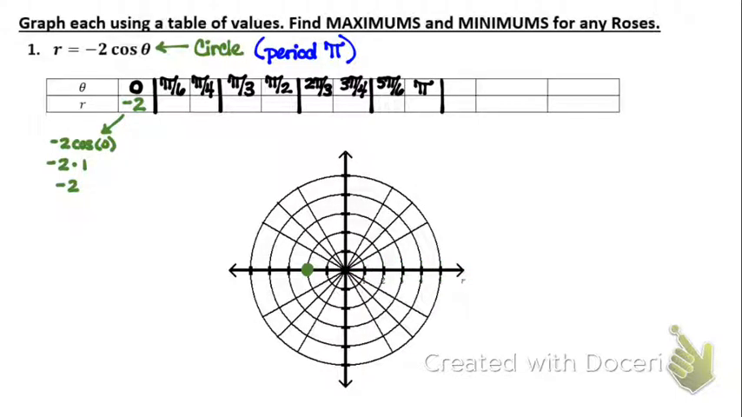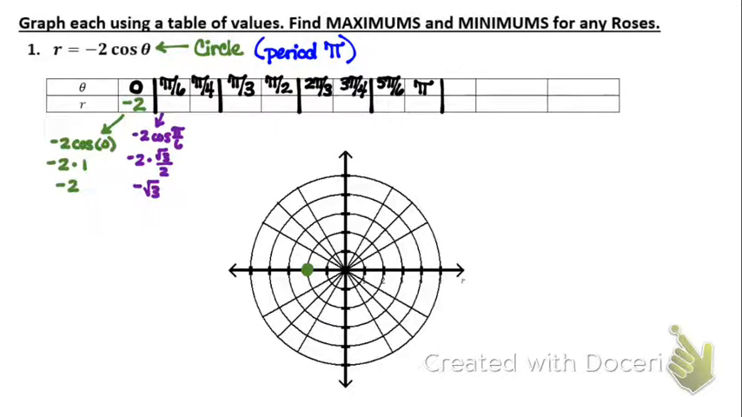And I'm going to do my best to color code my points so you guys can see which ordered pair is going with which point and how we're ending up with this shape. All right. So now I get to this. I've got -2 cosine of pi over 6. What is cosine of pi over 6? √3 over 2. So I end up with